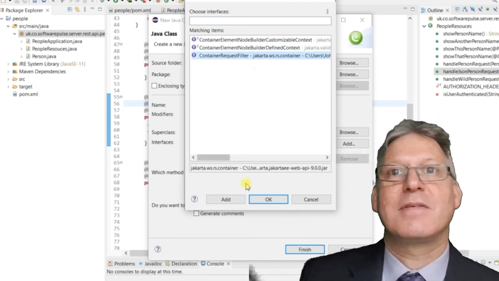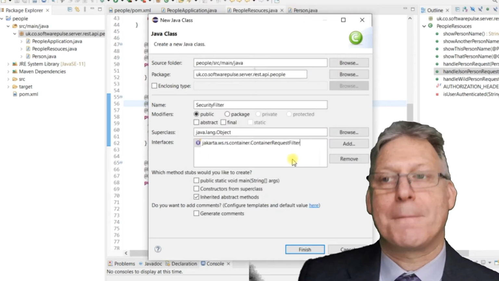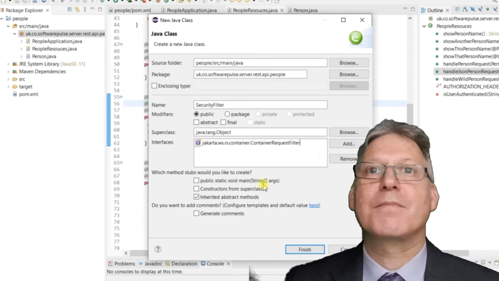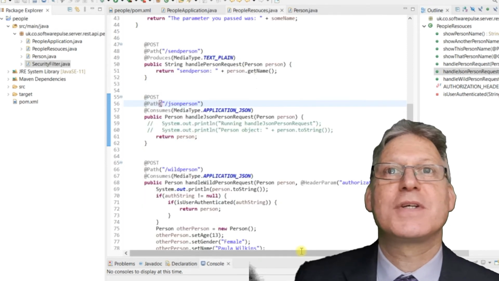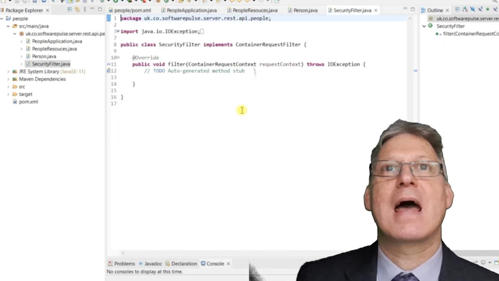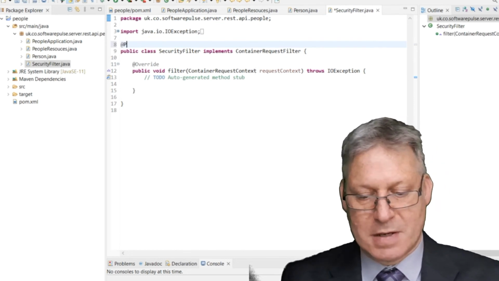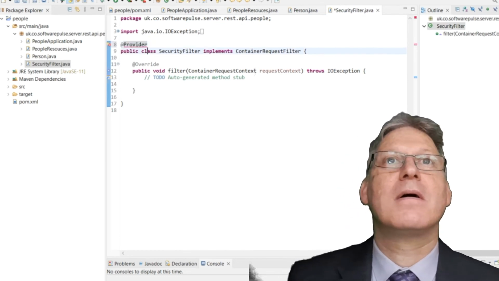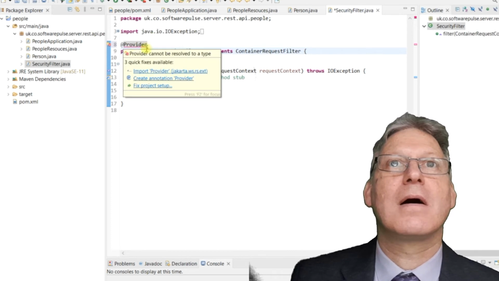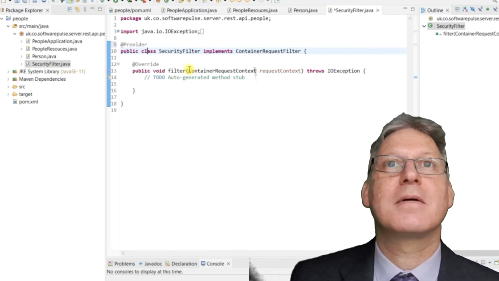We're going to add container request filter, and then we'll just press finish, and that will do that. And then I just want to put @Provider up here, and I have to import that. Okay,